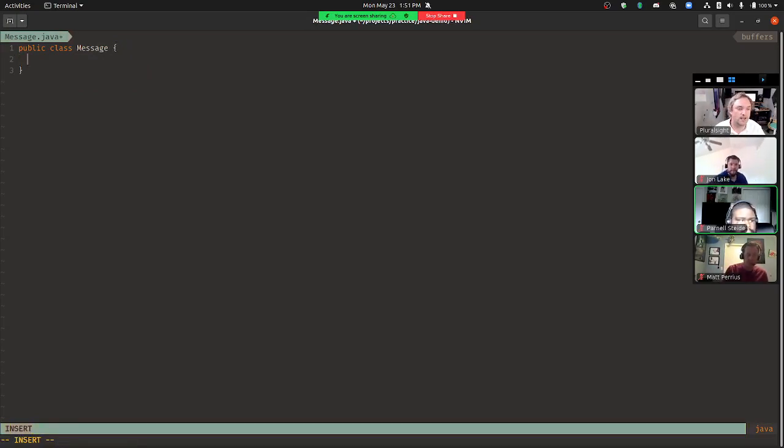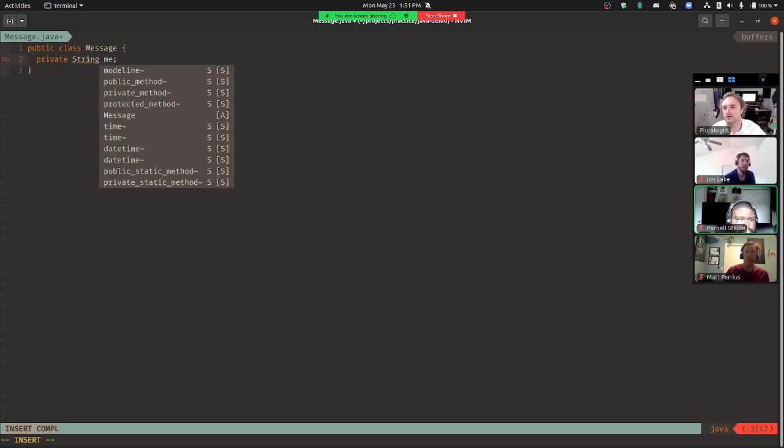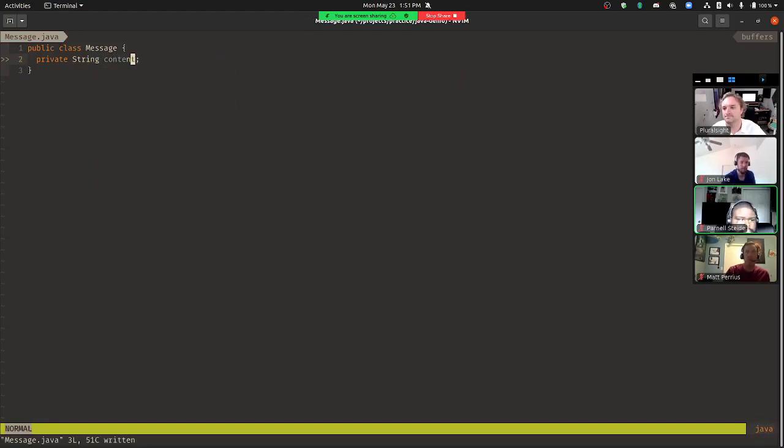And for this one, I want a constructor. So it'll take in a string and then save it to a property. So it's going to have a private property that's a string prefixed, remember? And it's going to be called content. The way that constructors work in Java, they don't use the constructor word like we did in TypeScript. They're the name of the class.